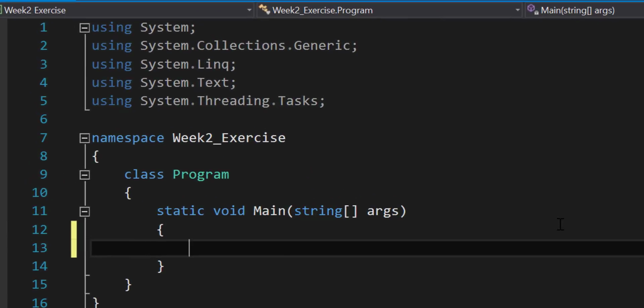So here I've started a project and I'm ready to enter in basically everything we saw in our pseudocode. So I know I want to declare as an integer our month number,